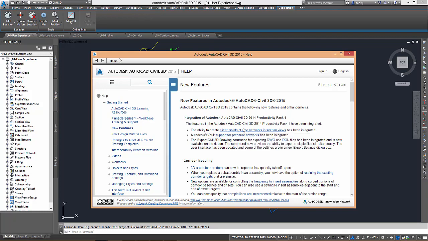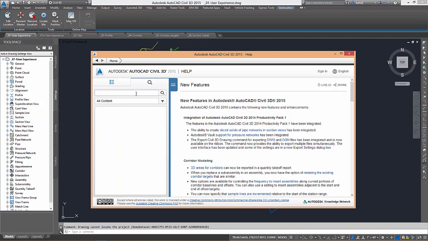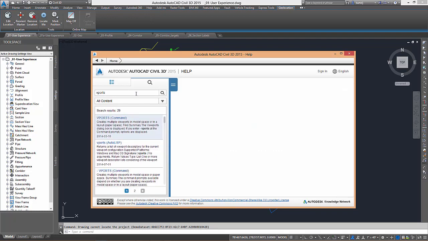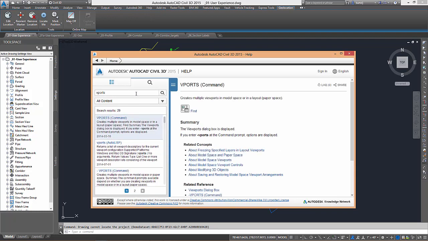We'll just cover some of the main things, but this will give you an all-inclusive list of everything that's available. The other thing from a help perspective that's really nice is, as we start walking through the application, if you're an AutoCAD user, maybe using Civil 3D for the first time, we don't always know where commands that we use from an AutoCAD perspective exist, or where they would pop up in the ribbon in Civil 3D, or vice versa. If we were to come down and look at, say, perhaps viewports,